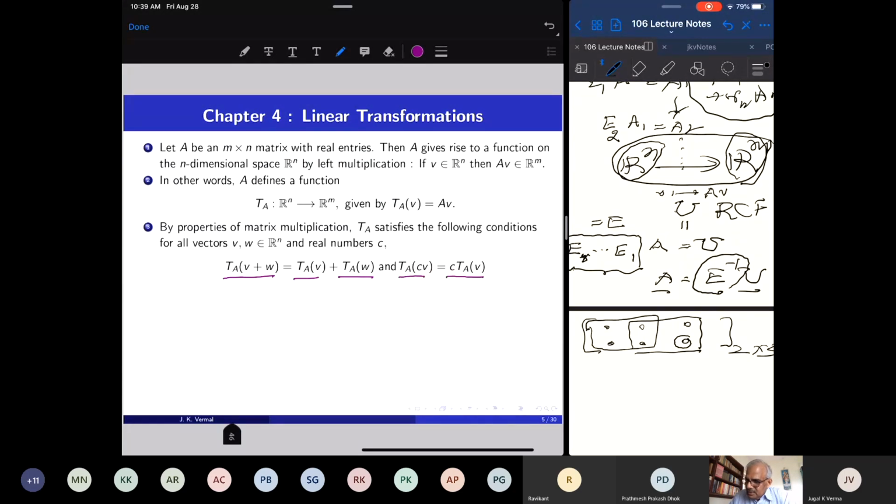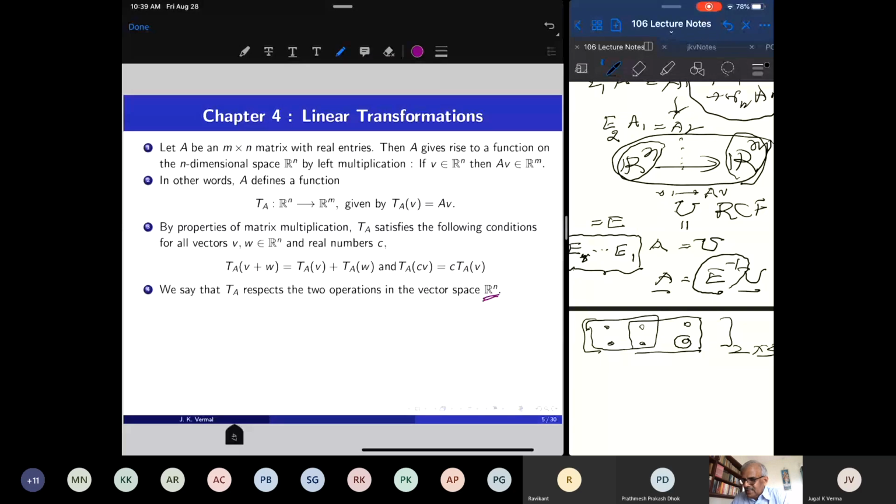So this map TA, which I defined here, is respecting addition. You add vectors and apply TA, or you apply TA and add the images, and the answer is the same. Or you scale a vector first, then apply A. That is the same as applying A and then scaling the vector by the same amount. So TA is respecting addition and scalar multiplication. Okay, so we say that TA respects the two operations in the vector space Rn.